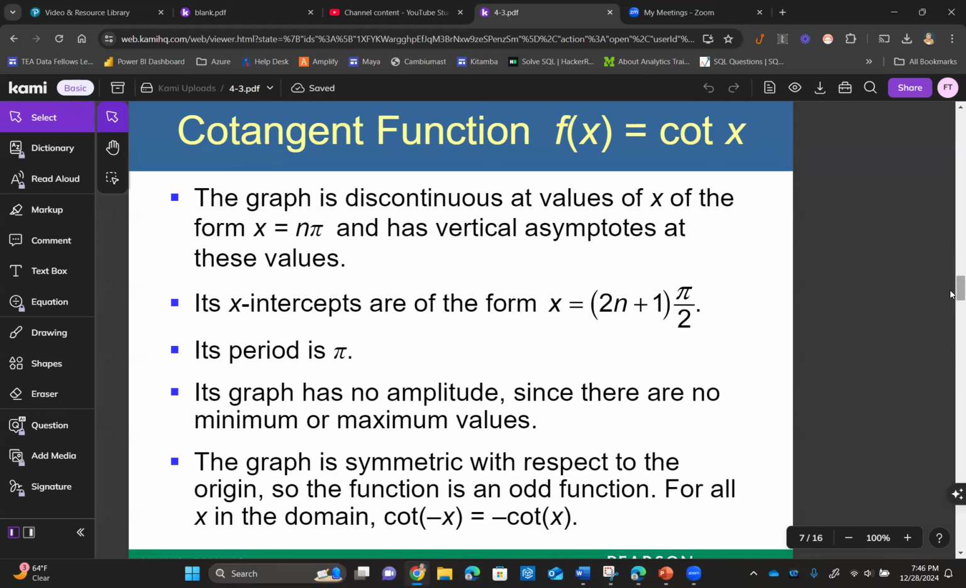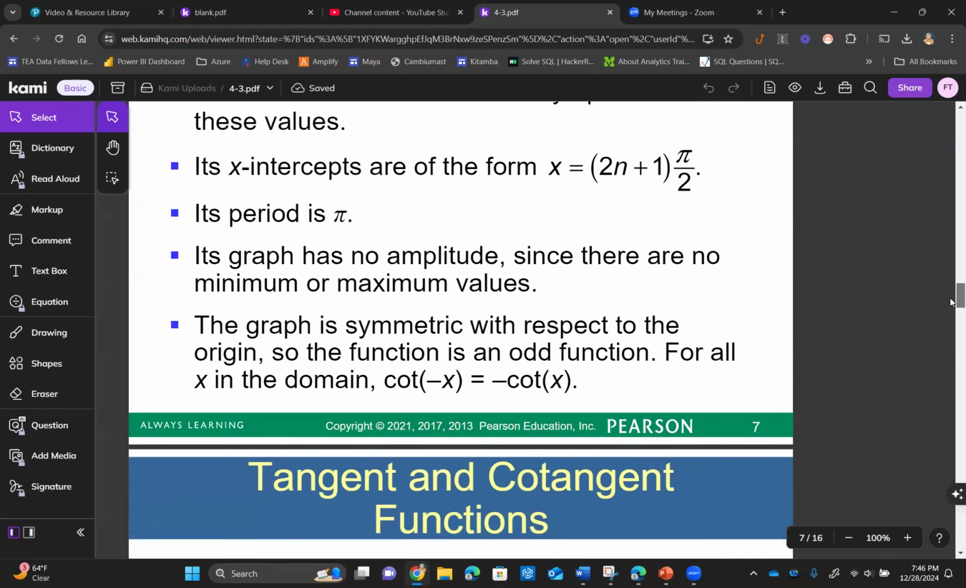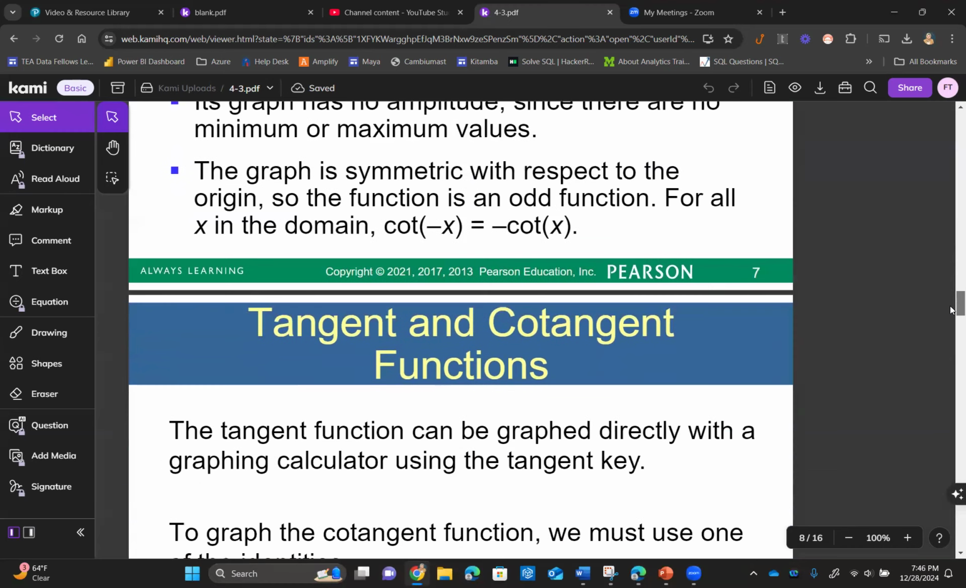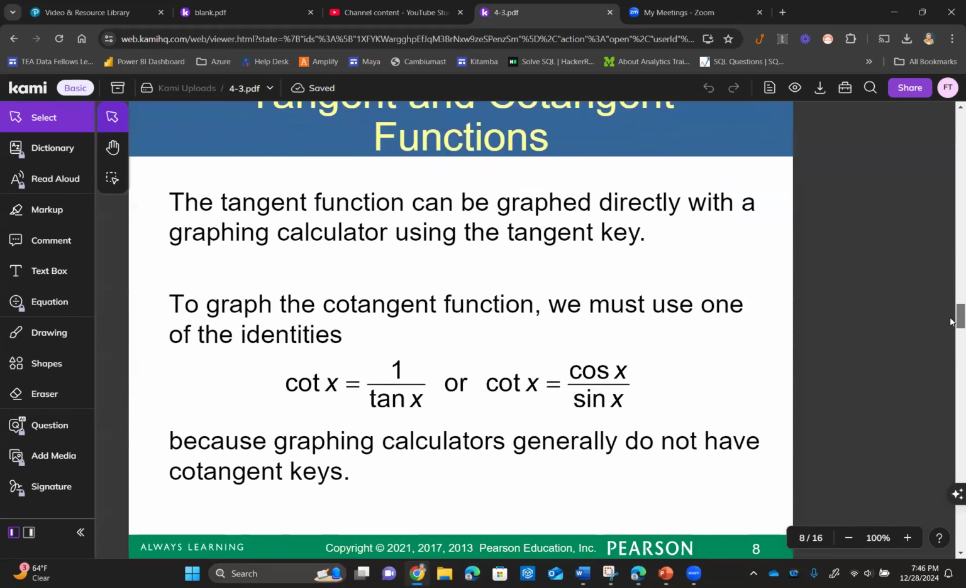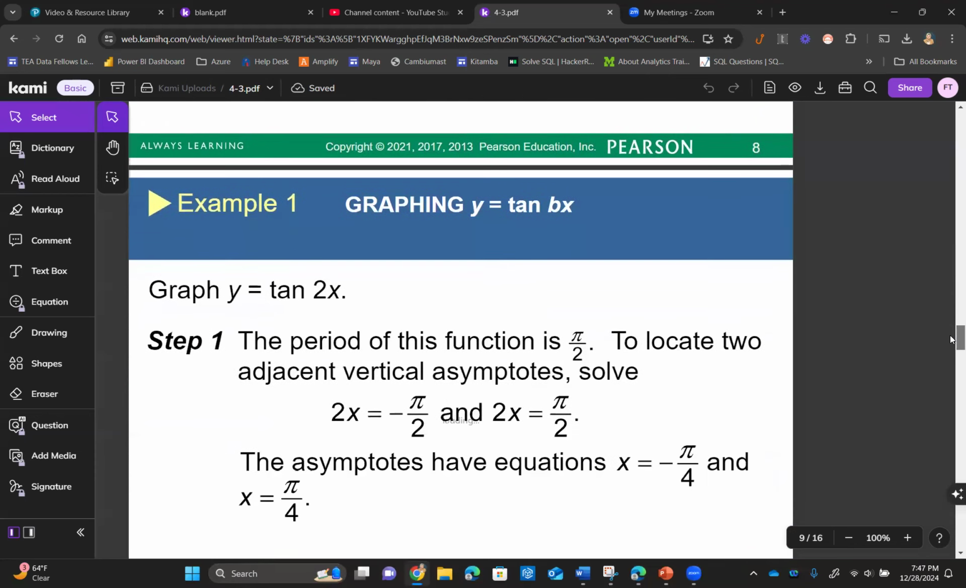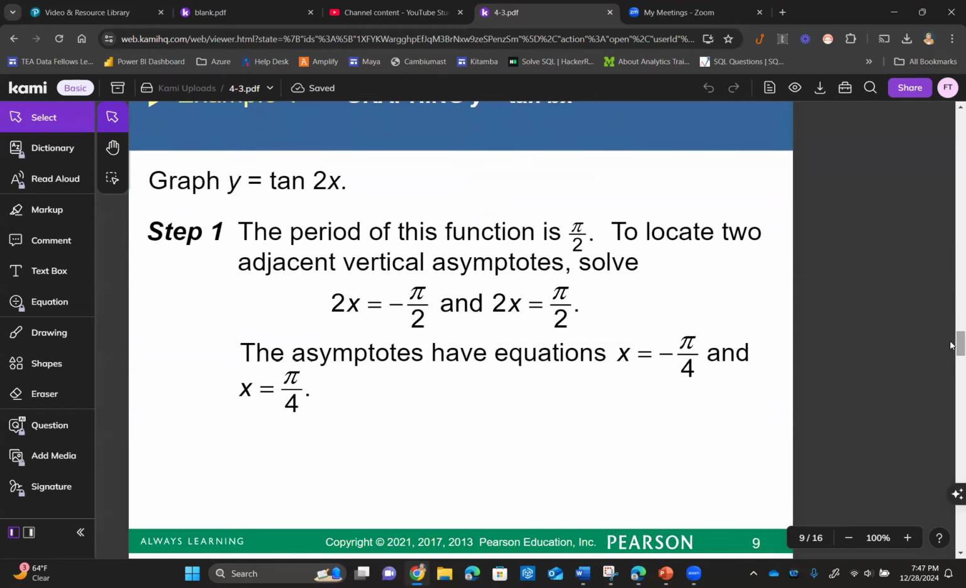Just like tangent of x, cotangent of x is also an odd function since it is symmetric with respect to the origin. You know how to graph the tangent x and cotangent x using a calculator. What's going to happen if we need to graph y equals tangent of 2x? What's going to change? The only thing that's going to change here is